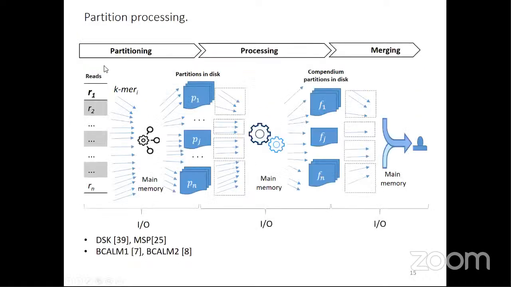In general, the approach that implements partition processing generates the collection of all K-mers from reads and distributes them using a distribution function. In some cases, the same K-mer is copied to more than one disk partition. Then they process the partitions in main memory, identifying the unique K-mers,